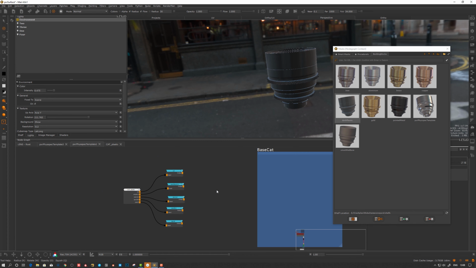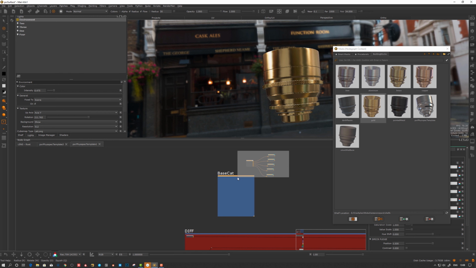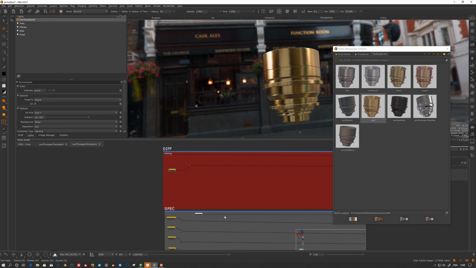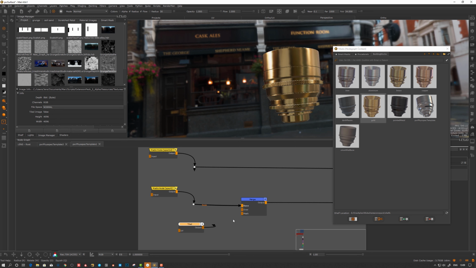So whenever we want to switch now, let's say that now we want to go back here in my template to the gold one. You can drag the gold preset here, and it's going to hook up to the material, and it's ready to go. So imagine that you actually have done some work beneath this base color catalog to demonstrate why it's good to have these. Let's say that you have created a breakup for the specular roughness here. Let's say that you have this one here,